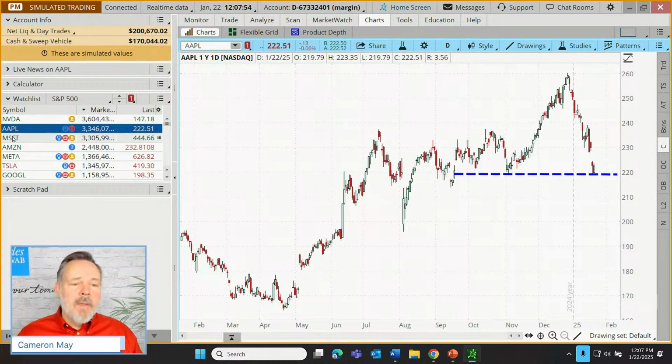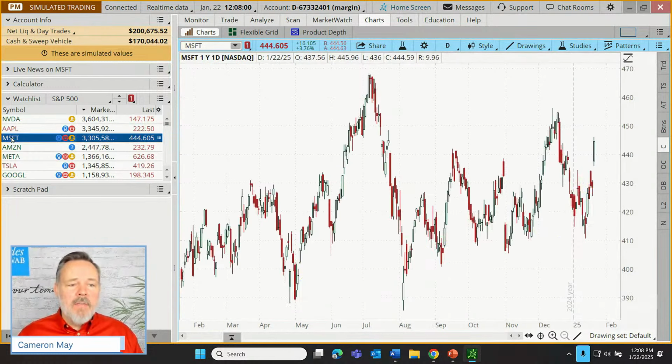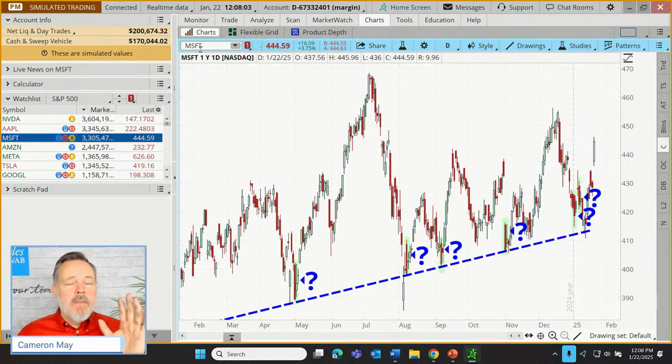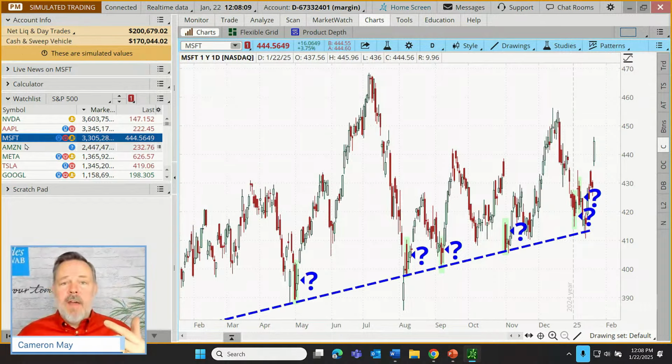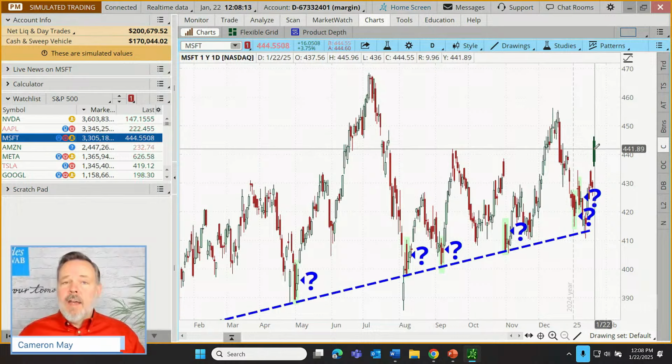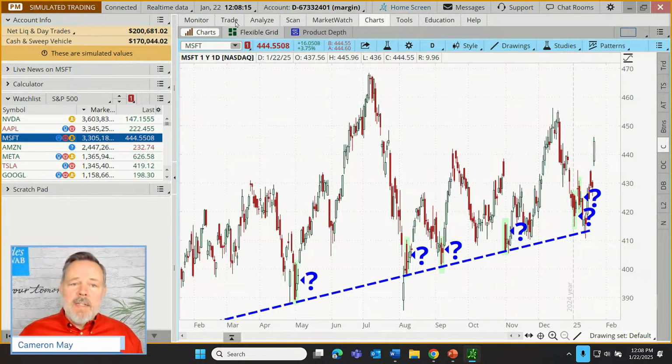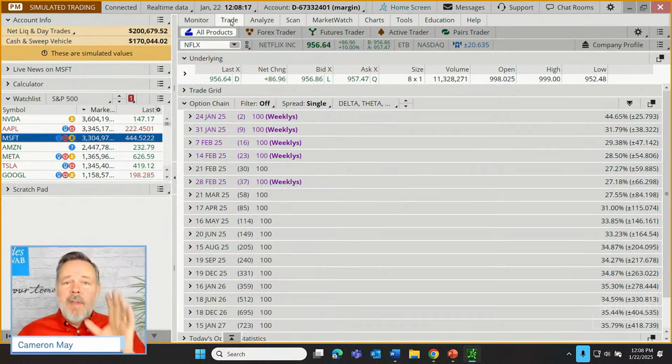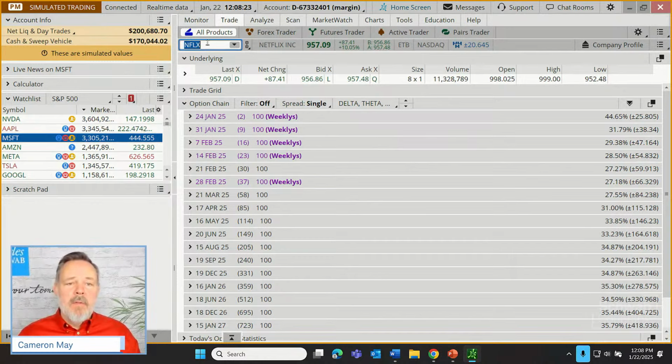But now notice what happens as I click on the next symbol in the watch list menu over here. I'm going to click on Microsoft. I didn't touch what was going on over here in the charts yet. The charts automatically populated. And then if I wanted to take this, let's say our trader is moving down through the S&P 500 list. They want to chart things, and they see something that's intriguing on a chart. Now they want to go trade it, so they want to go to the trade tab. We go to the trade tab. How many of you have done this before? You get excited about something on the chart, you go to the trade tab, you start to build an order, and you realize, wait a minute, wrong symbol.